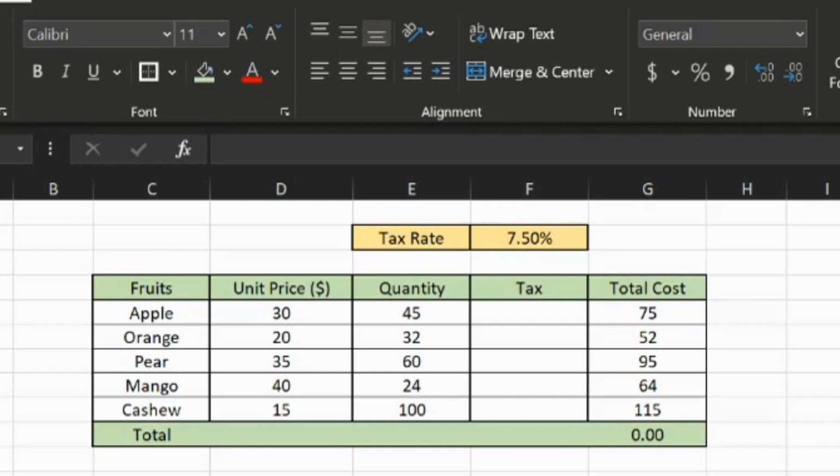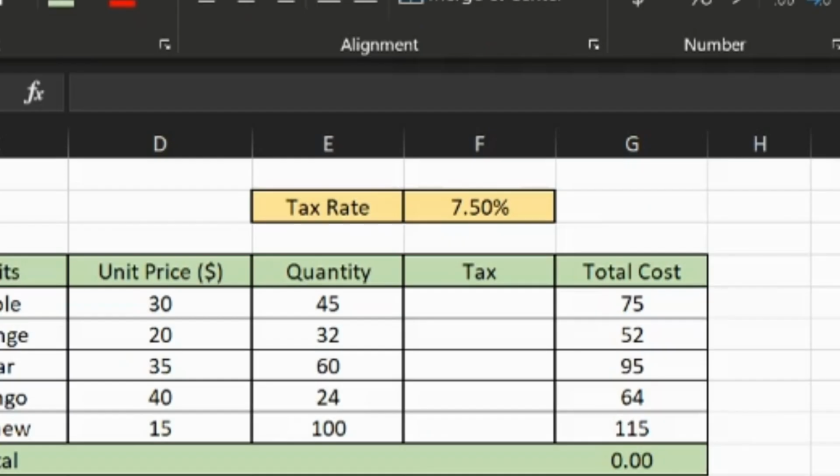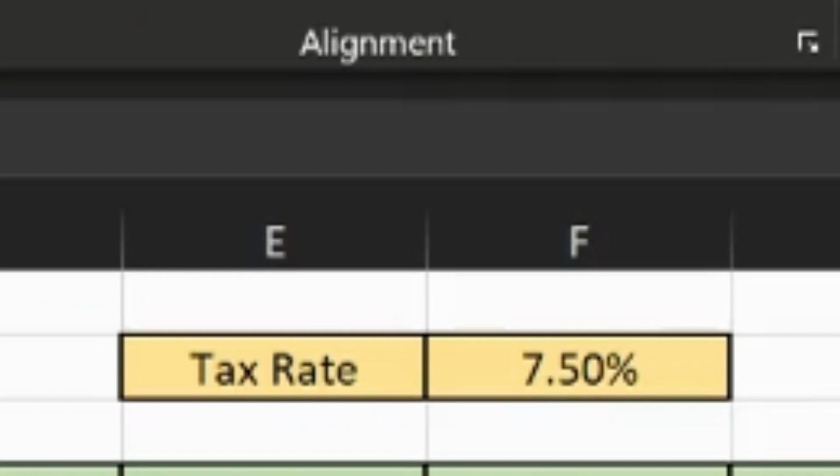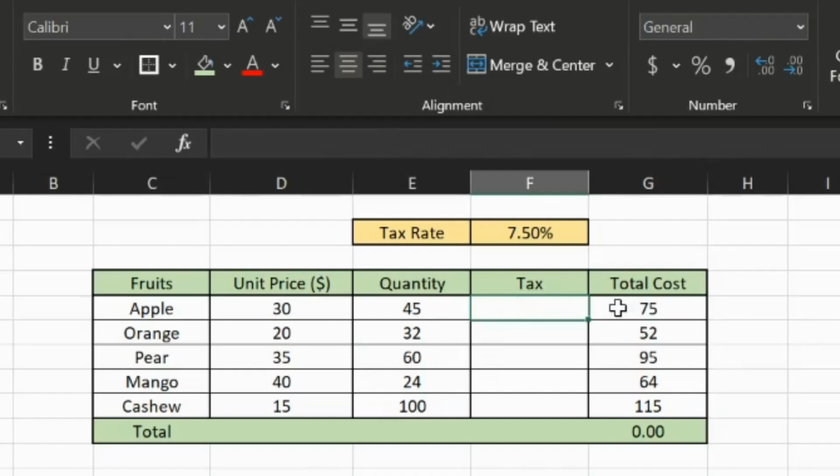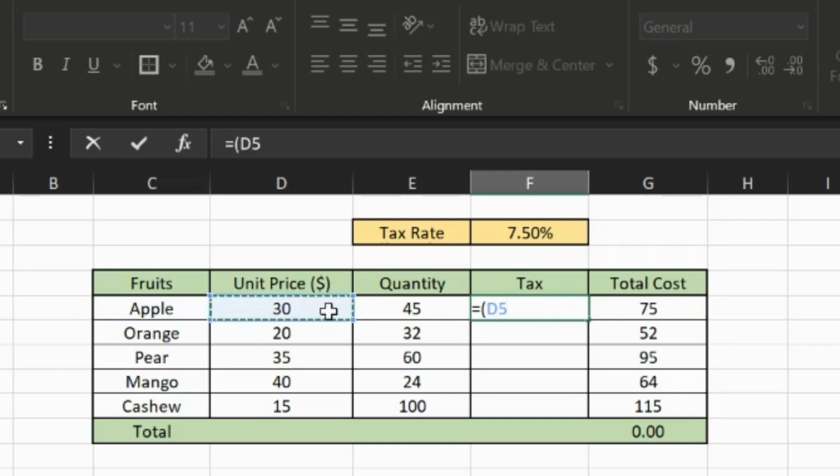For example, here we're trying to calculate the impact of tax in each of these fruits as regards the total. So in this case, we don't want the tax value to change. So the tax is going to be constant. So here we're going to use absolute cell referencing. The right thing to do is to multiply the unit price and the quantity together, but in this case we're going to use a parenthesis because we also need to multiply our tax. So open a parenthesis and select cell D5 multiplied by